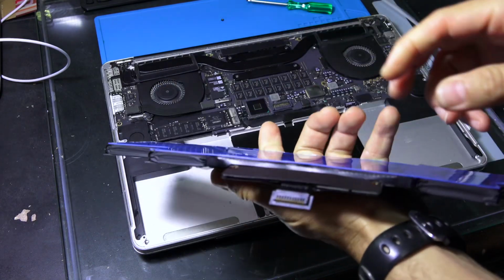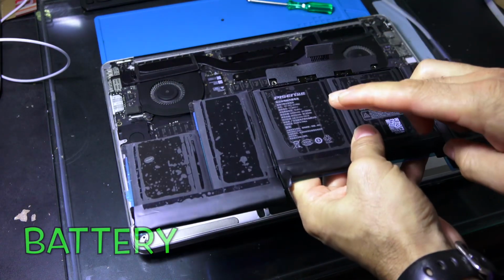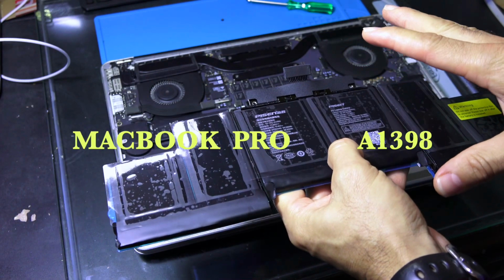Hello friends, we are going to teach you how to install the battery on a Mac